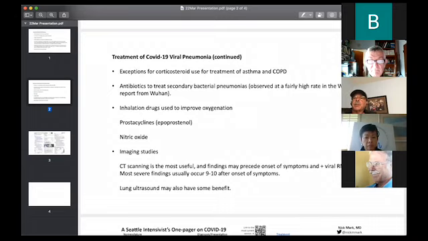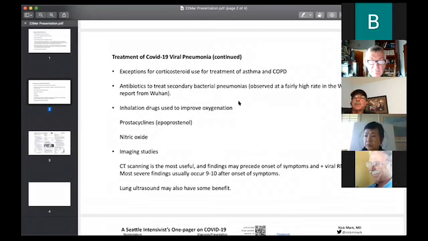Dr. Spotkov mentioned the use of antibiotics to treat secondary bacterial pneumonias, which I think were reported in the WHO China report in late February as being as high as 18 to 20%, probably higher. We also cause pneumonias from our interventions of mechanical ventilation, called ventilator-associated pneumonias. So we have to be on guard in the intensive care unit to do everything to avoid